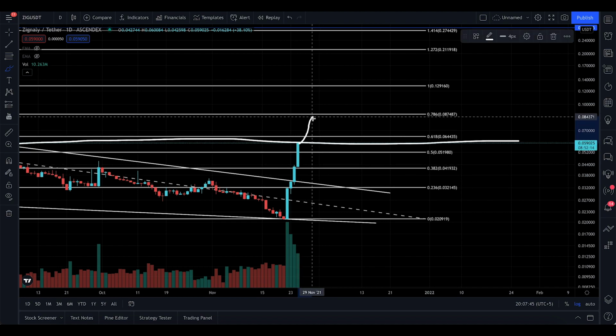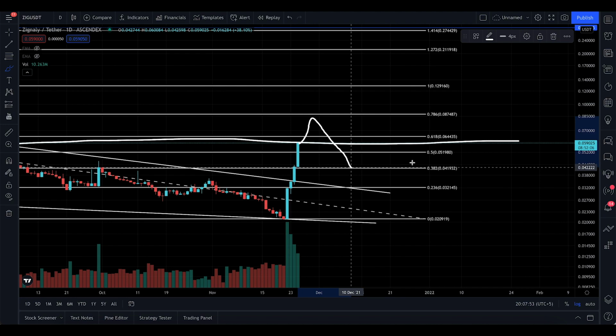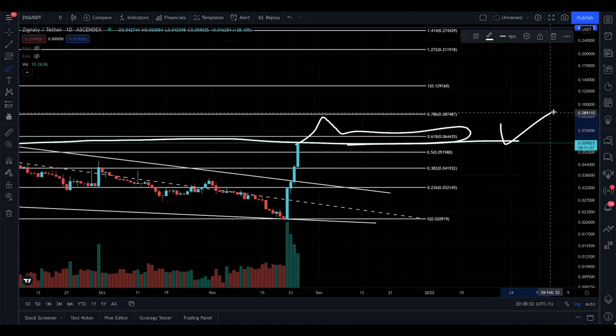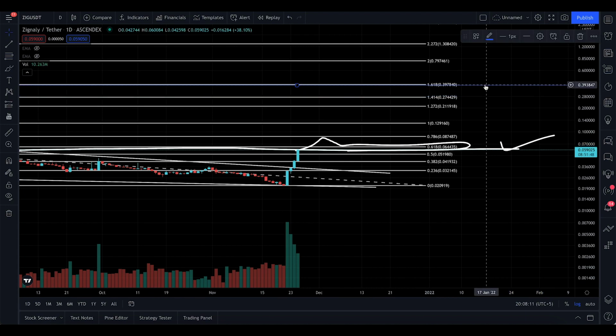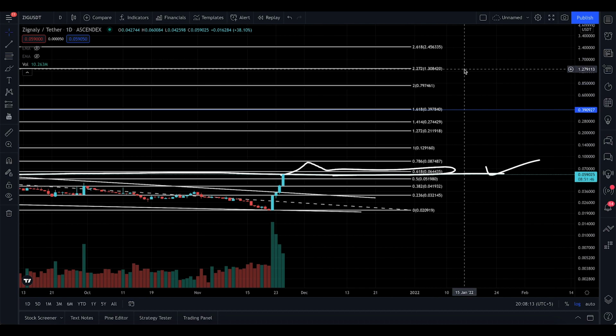The more likely scenario is that it goes all the way up, comes a little bit down here, lets it take a breath, or maybe comes a little bit to the 0.5 or the 0.382, okay? And this will be the very best buying area. But at the moment, it seems like it's going to go up here and hold the 0.618, and now put a tick there, and the long-term target is nearly 0.397 dollars maybe by the end of the bull run. Who knows, we can go to the 79 cents, even to the $1 region.